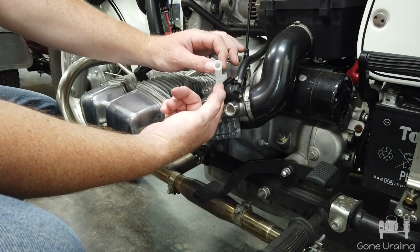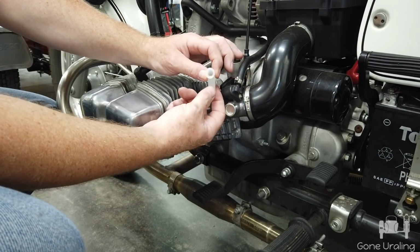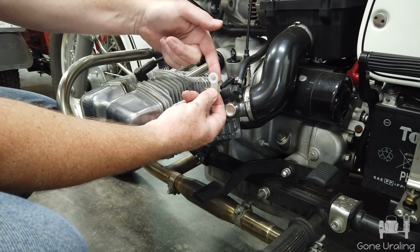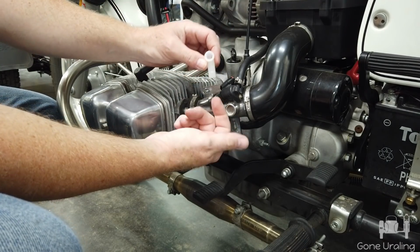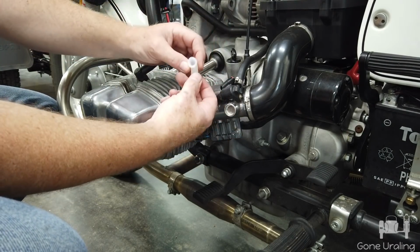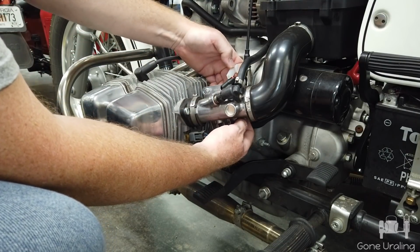Practice this several times to make sure it snaps on when I want it to. Get it in position and then push it on, and then push on the back, count to 10, let go, and do it. Make sure you don't get glue on your fingers. It will stick well. It will stick your fingers to it if you're not careful. So here we go on this one. It's not as